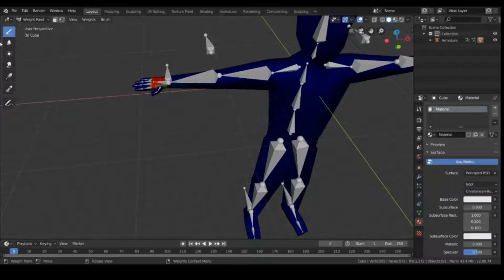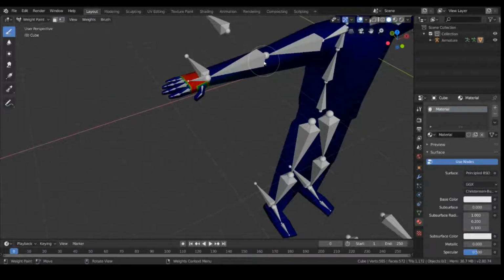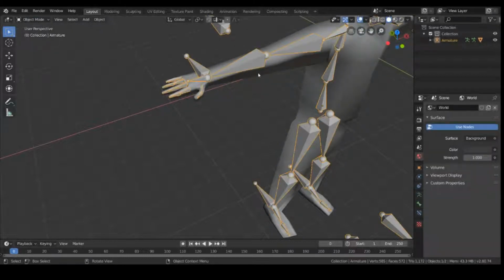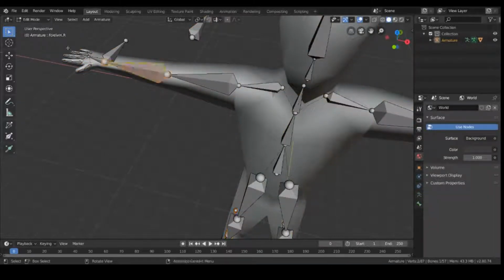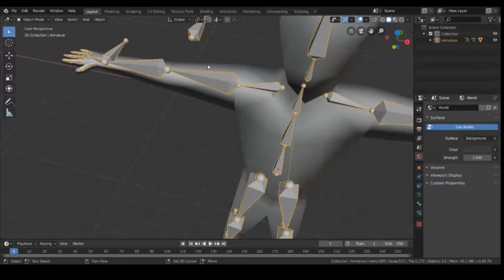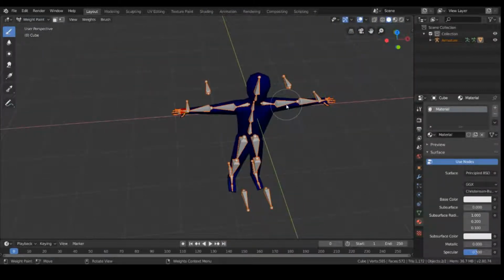So, if you happen to be watching this and you could tell me what I just did wrong with all this and why I can no longer move my mesh, that would be pretty fantastic. Because there's nothing. I'm stuck now. I can go back to object mode. Let's try something. Let's go to edit mode, and then back to object mode, and then hit here, and then hit weight paint. Yeah, see, nothing works. So that's the problem I'm going to be figuring out now,